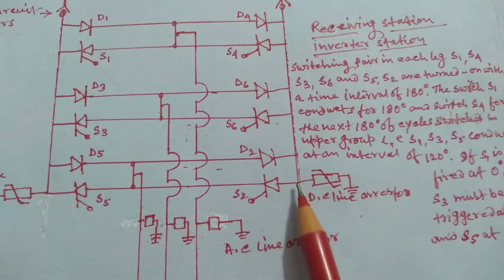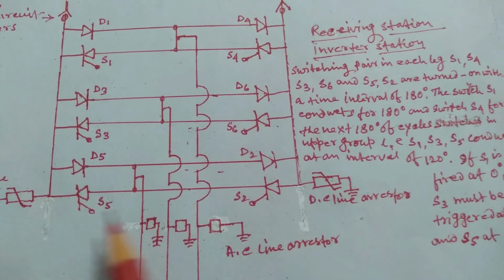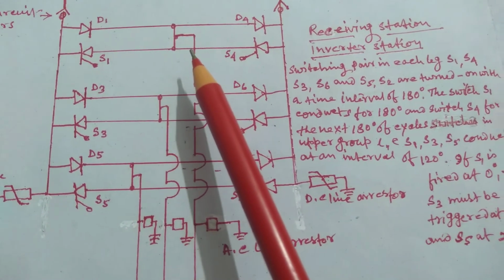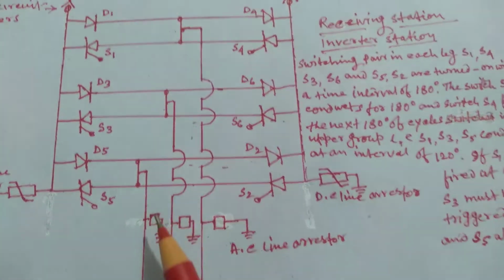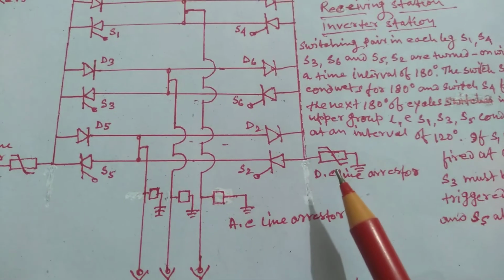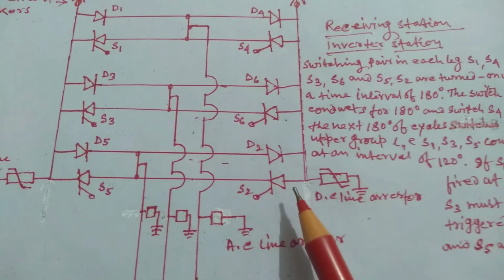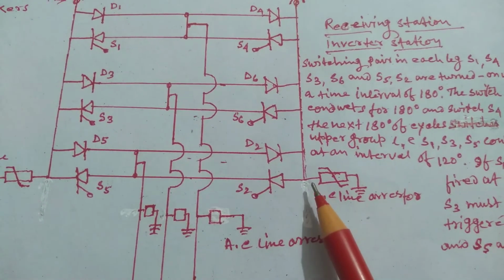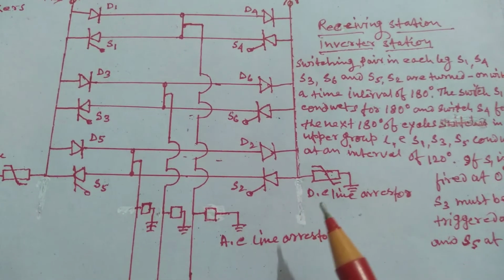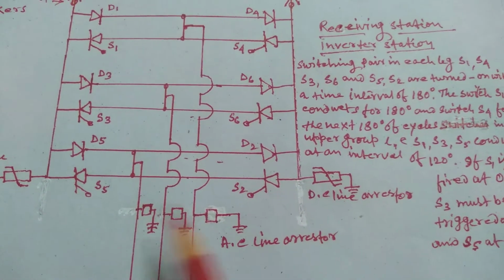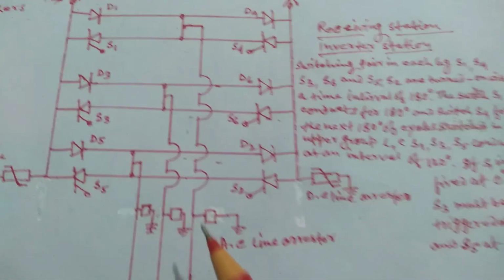These are the 400 kV, 500 kV DC line, and after inverting, the AC line output. This is an inverting station. This is the receiving transmission system, the receiving station, with inverting systems. A DC line arrestor and an AC line arrestor. After inverting, there is the AC line output,